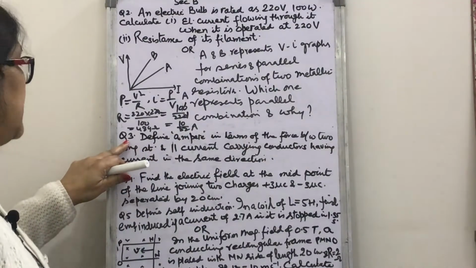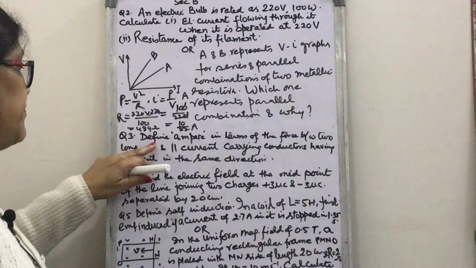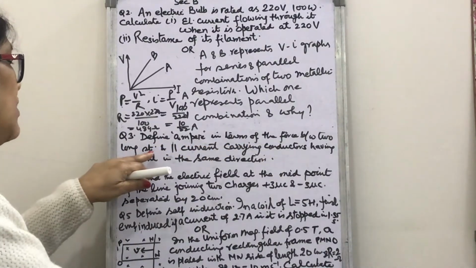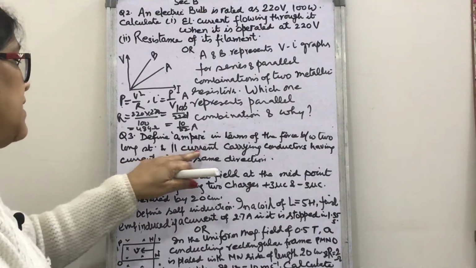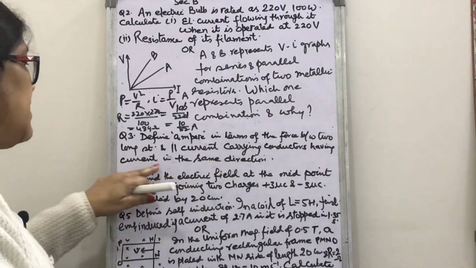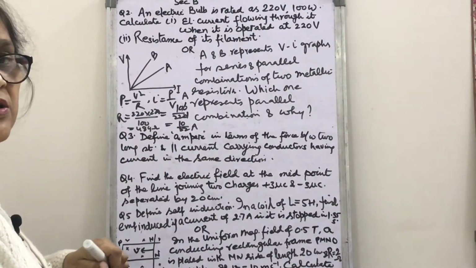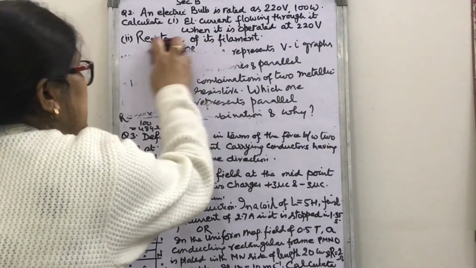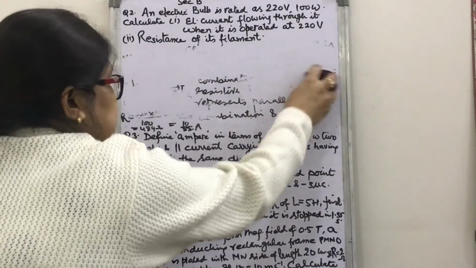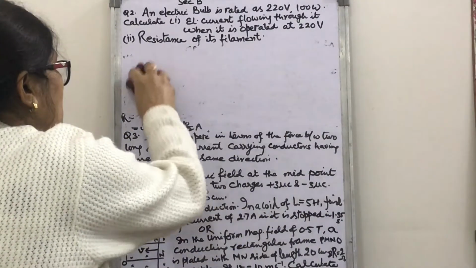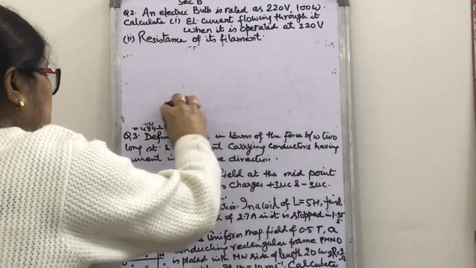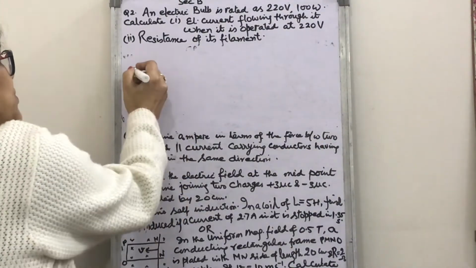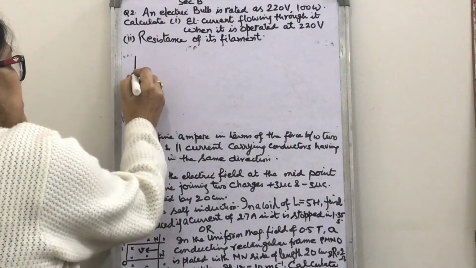Question 3. Define ampere in terms of the force between two long straight parallel current carrying conductors having current in the same direction. Look how important is this derivation. If it is given to write the expression of the force, you will also learn how to find the expression. It is not given how to derive, but I am showing you that